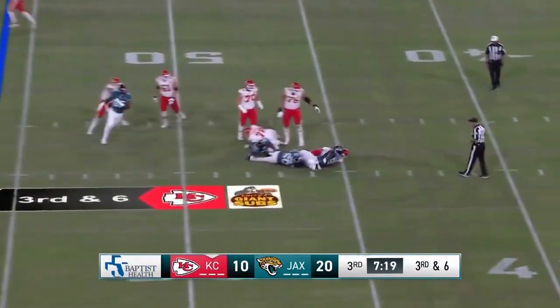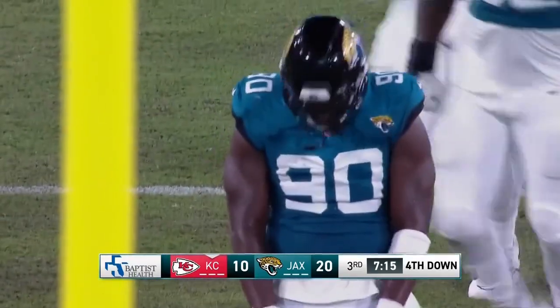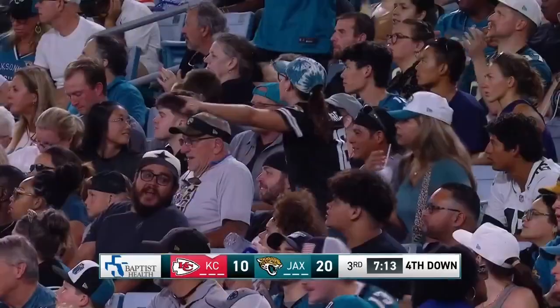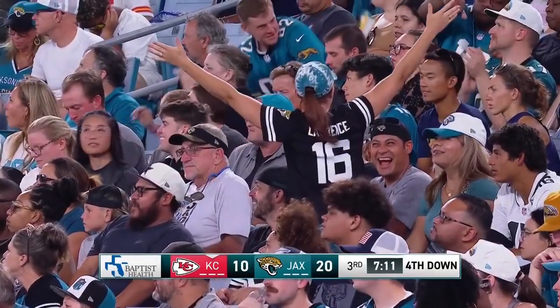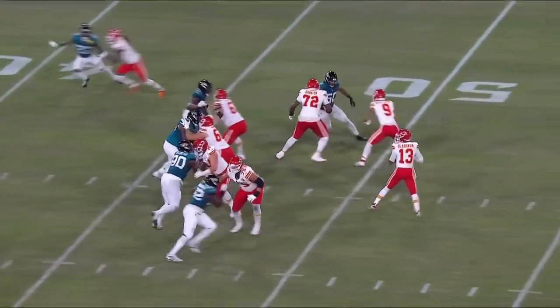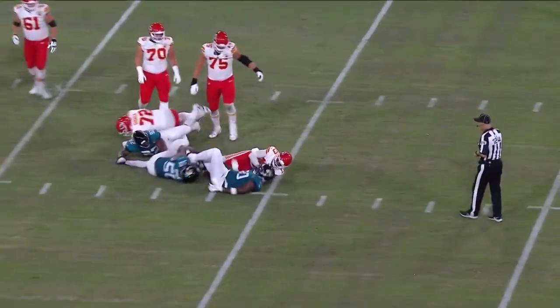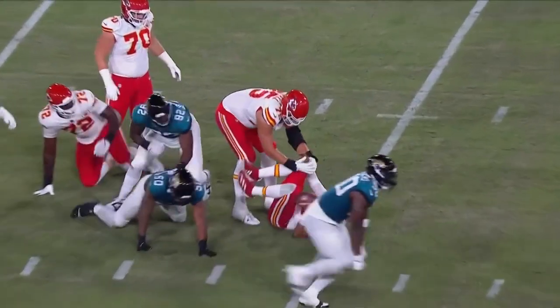Pocket collapsing, and he's hit and driven down. Good job. I mean, he was pummeled by Asei Otomewo. Whoa, was all over that, pushing the pocket. There we go, five-man pressure, but it's a simulated pressure because he leaks out. Nowhere to go, man coverage in the...